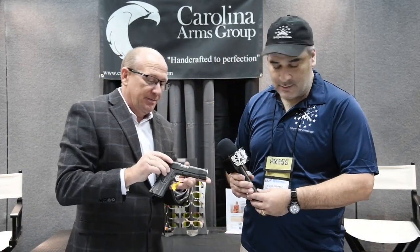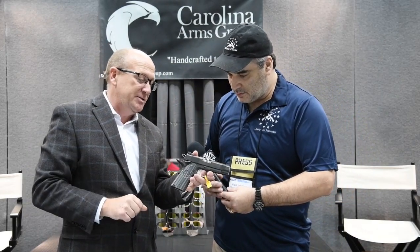So it's a better fit. Here we go. Here is the veteran. This is the veteran carry, or the veteran. It does not have a bobtail. All right, so the only difference between these two, other than the finish that the customer would want, would be